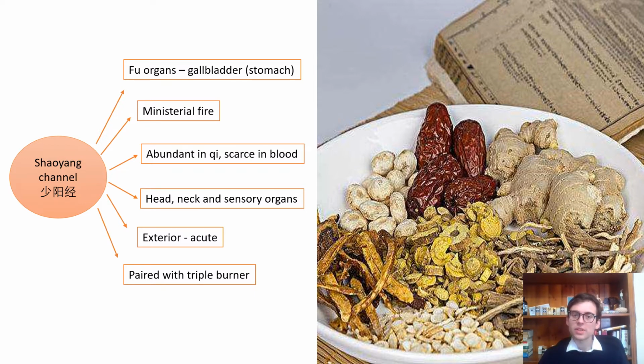So head, neck, and sensory organs, again, there's a lot of inflammation going on in this part of the body. And that's where Huangqin is really helpful, because Huangqin is a good anti-inflammatory herb, especially for the upper part of the body, so for the upper jiao, right? It's really good for exterior and acute conditions. So again, we have this combination of Chaihu and Huangqin, which is really good for infections in general. There are lots of antimicrobial effects, etc. And we have Shengjiang here as well to help out this idea of relieving the